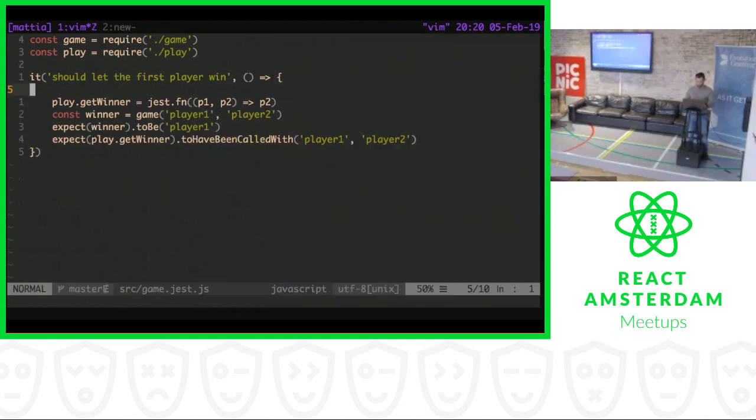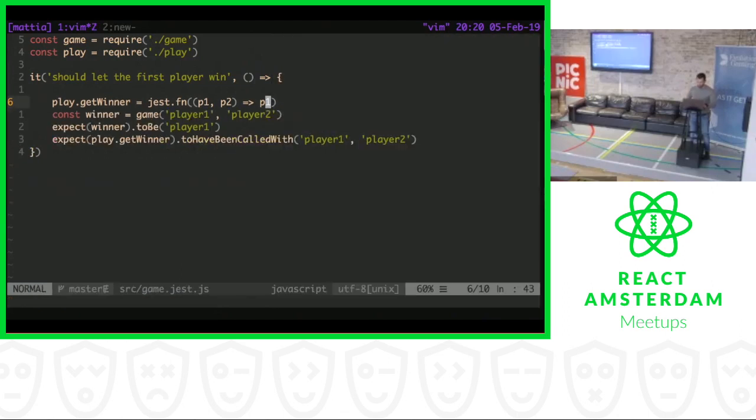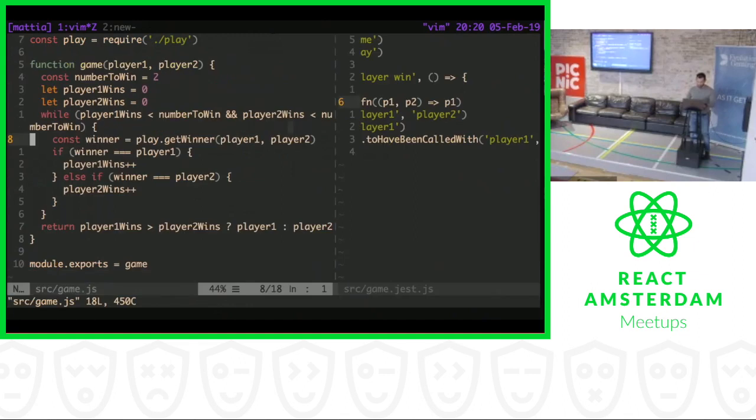sorry guys, I'm still expecting to let the player 2 win. So that's why we had that issue. Now I've reverted that back, so now both are passing. And if I'm breaking the implementation again,